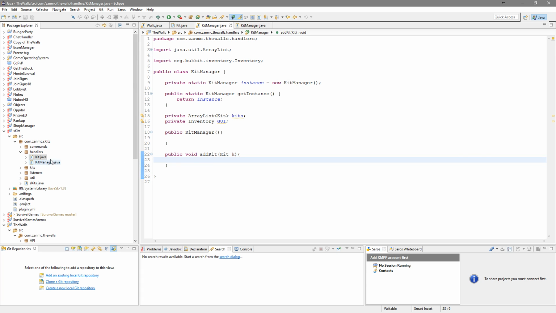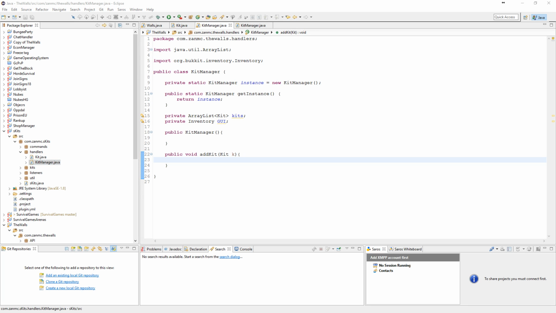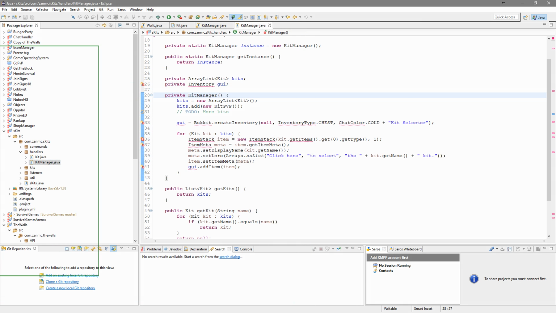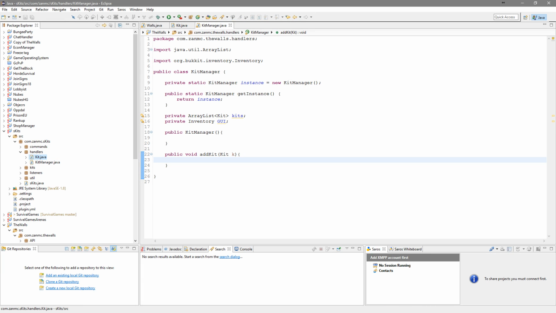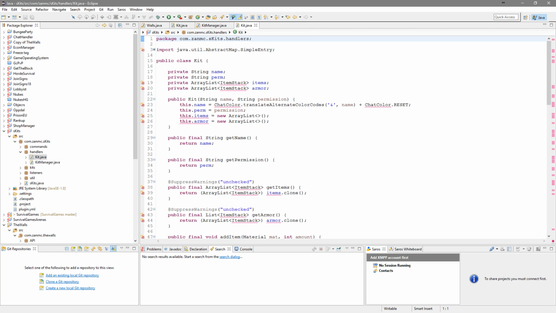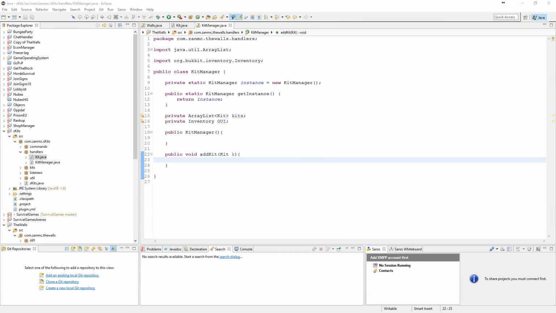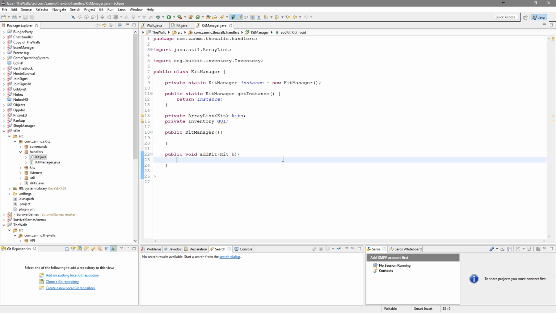I actually want this in another window. No, what did I do there? I wanted to drag that and make a separate window. Like that, yes. Actually drag that here as well. Drag it like that. There we go. Okay, so I'm just gonna cheat a tiny bit. So in Kit Manager we want to